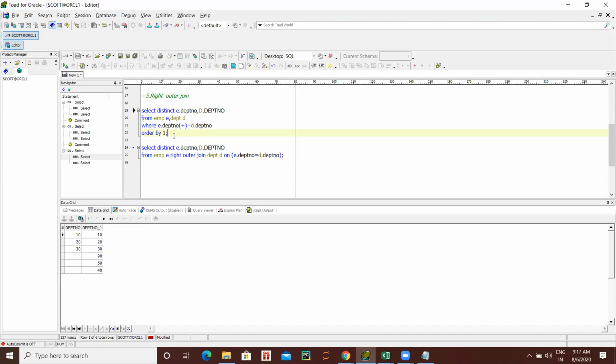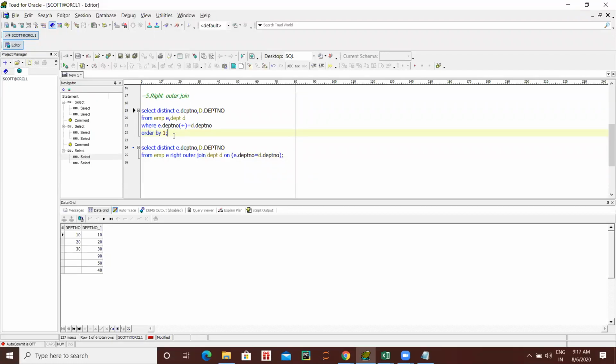If you need to see which extra departments are there, that time you can use this outer join, left or right, depending on which data you want. Right outer join means you have to write right outer join. Better to use the latest one, the last one. The plus sign is the older version.